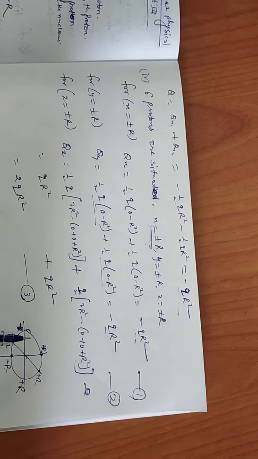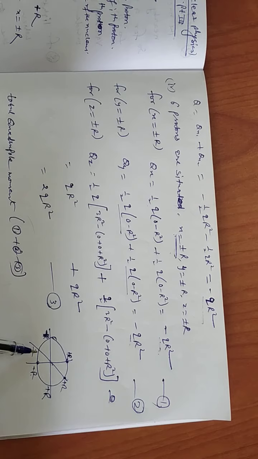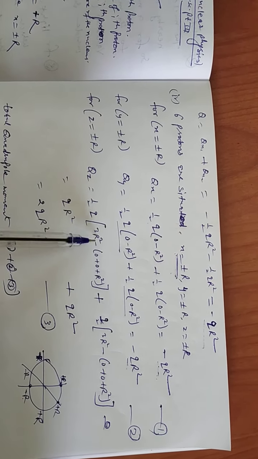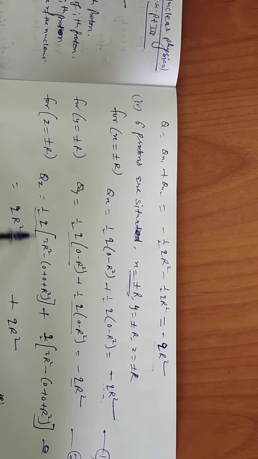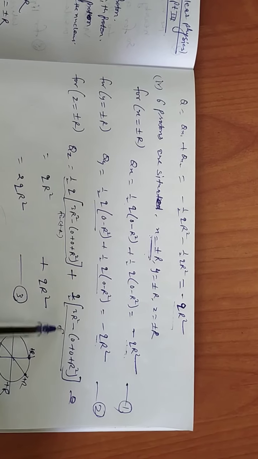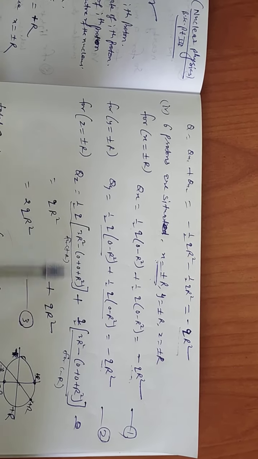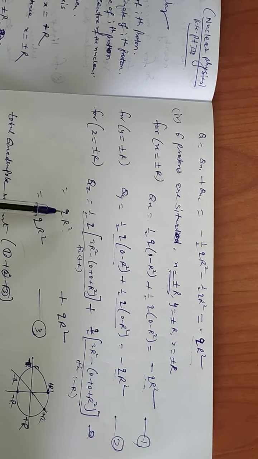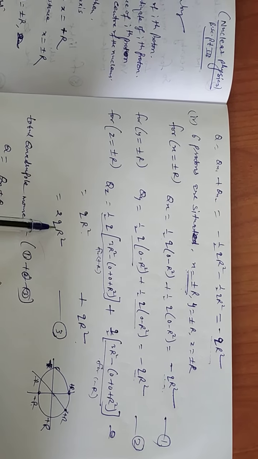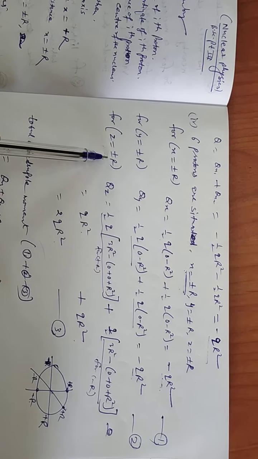And if the two protons are situated at z equal to plus minus r, this is the case, then we get 1 upon 2 q 3r square, since z is equal to plus r. This is the case for plus r, and this is for minus r. After solving, we got q r square and q r square, total 2q r square for the case when z is equal to plus minus r.